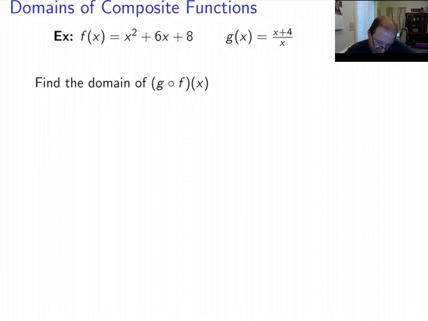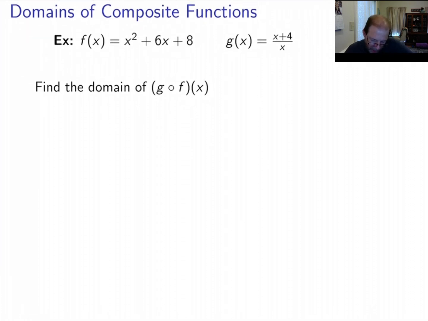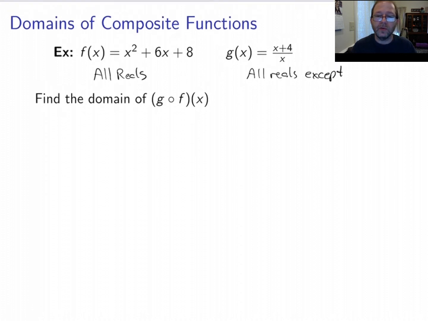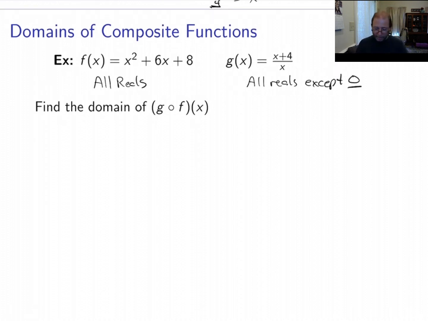Let's look at another example. On this problem here, we've got f and g, and we want to find the domain of g of f. All right. So if you look at this f, the domain of f is all reals. The domain of g is all reals except for what? We can't have x equal to 0 because that would give us a denominator of 0. All right, so let's come down here and look at g of f of x. Well, we can plug anything into f, so we don't have to worry about that. But when we look at g of f,